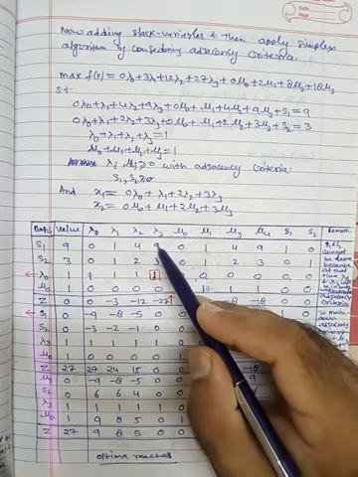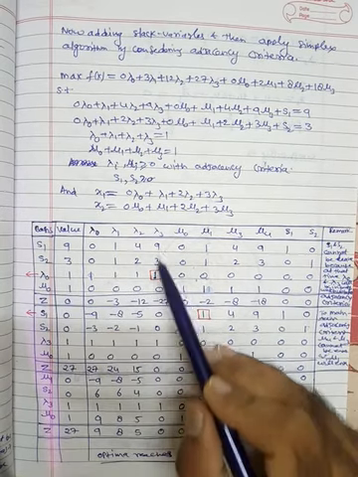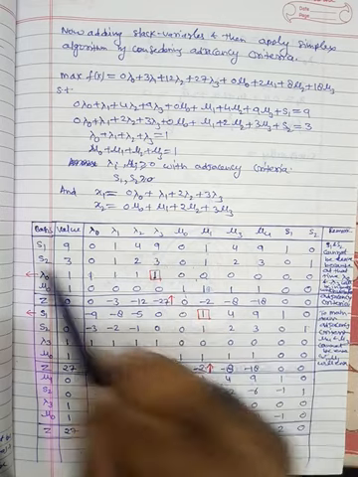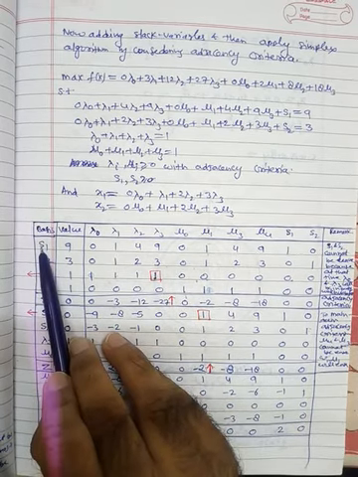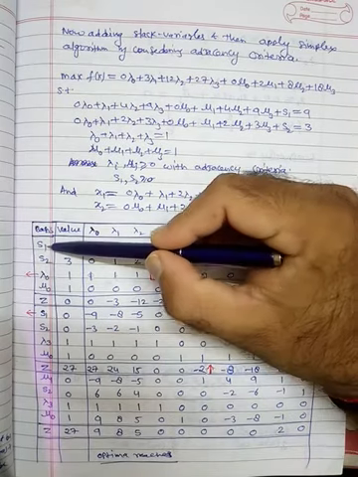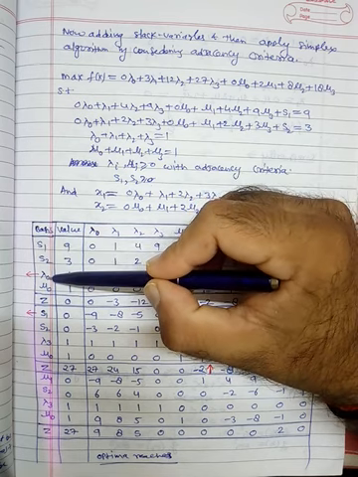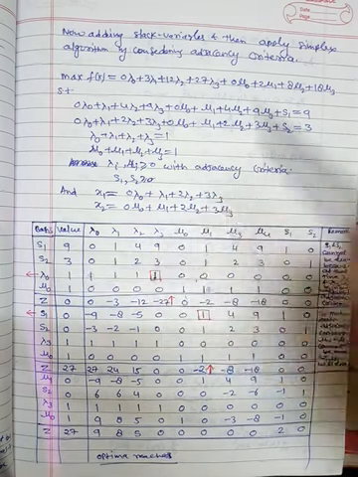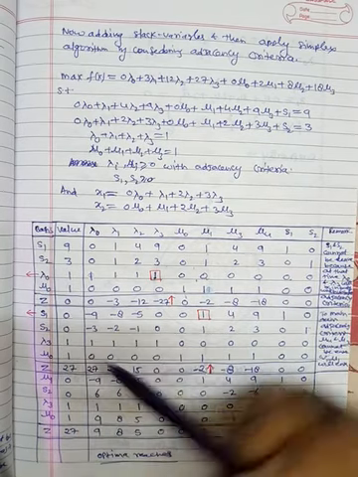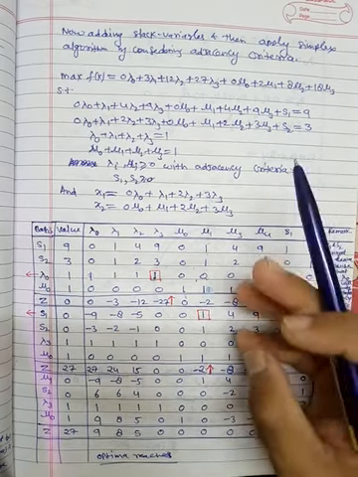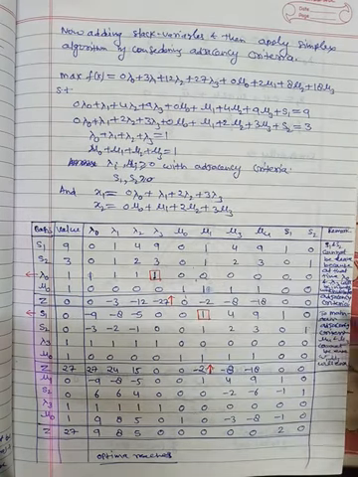Fine. Lambda 3 can come either here, here, or here. If you take the minimum ratio corresponding to this S1, S1 will leave and lambda 3 will come. But lambda 3 can't be here together with lambda naught. Why? Because of the adjacency criteria. Lambda naught can be with lambda 1, but not with lambda 2 or lambda 3. So this is canceled out. We can't take this one.